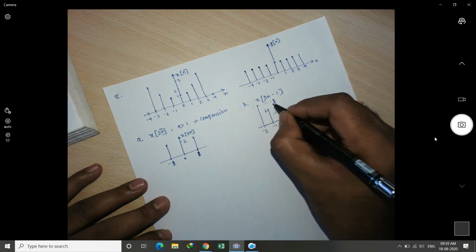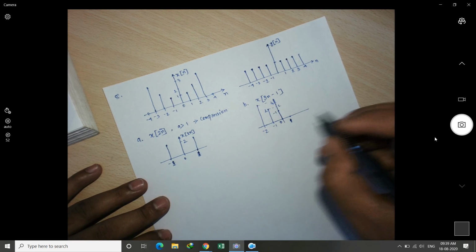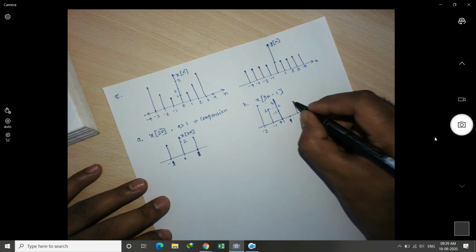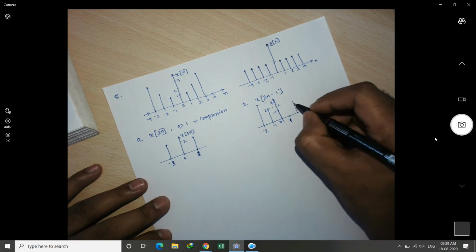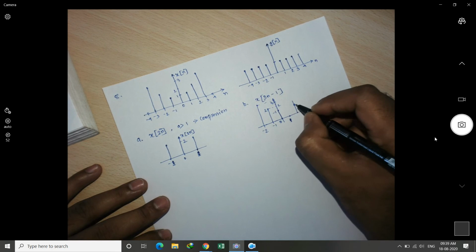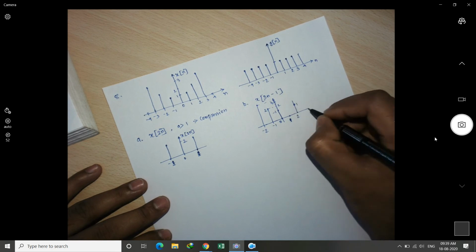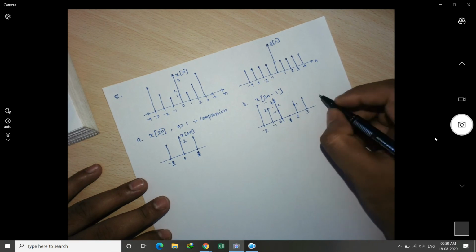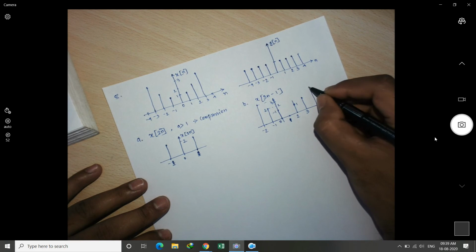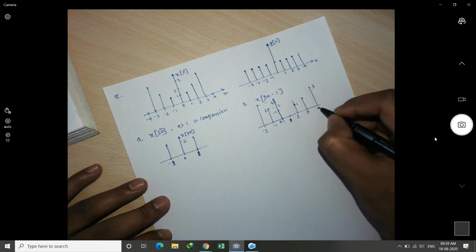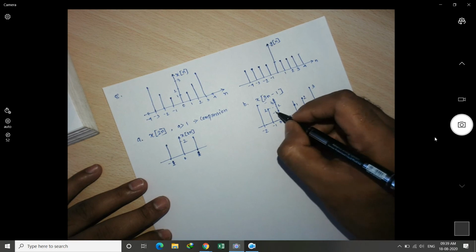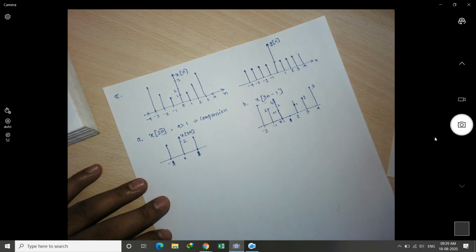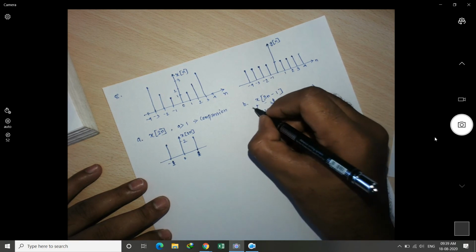This one will be amplitude of 3, right? This one is amplitude of 2. So 1 will be having 0, then 2 will be having 1, this is 2, then 3 will be having 2, then 4 will be having finally this 3, right? It is 2, it is 1, it is 0, it is 1, it is +2, it is +3, like this.